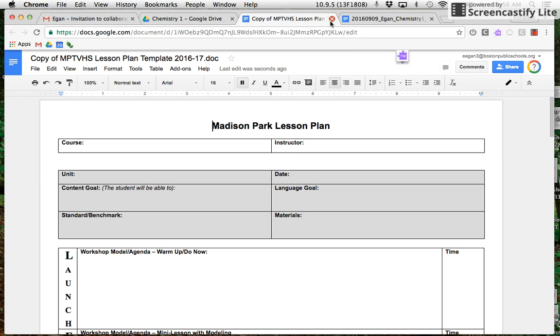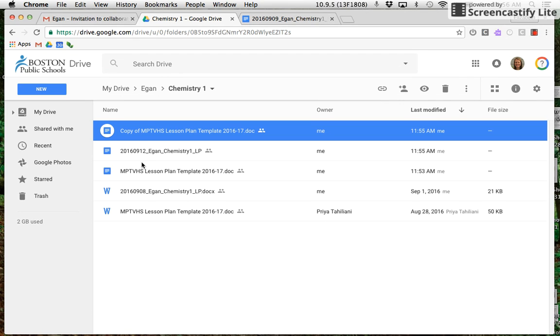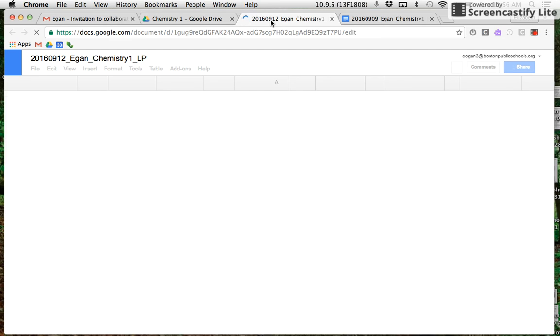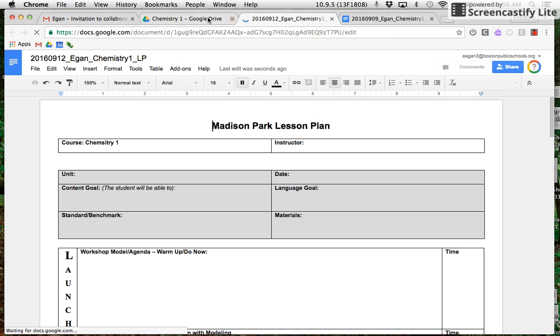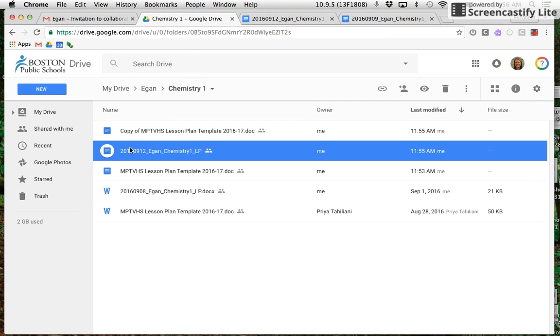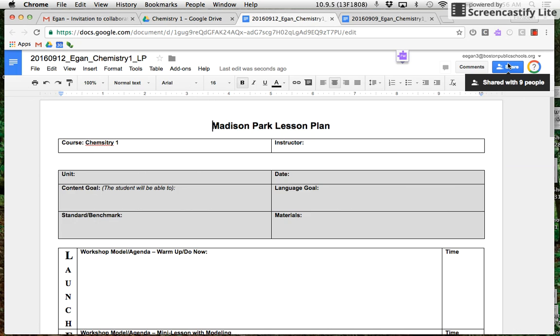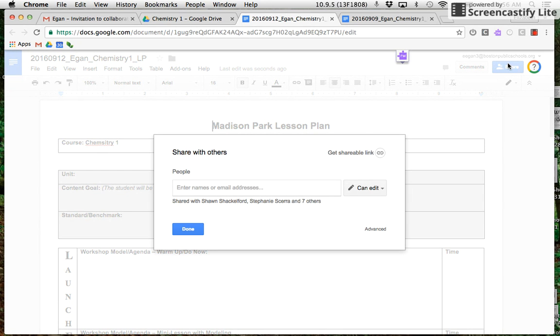So another thing that we should pay attention to is who is shared on this document, so who can see it, to make sure all of the administrators that need to see it are able to. If you're using the technique that I just showed you where you right-click on the template, make a new copy, it's going to automatically share your document with everyone that the folder is shared with. But to double check that that's the case, you can click on the blue shared button up in the corner,